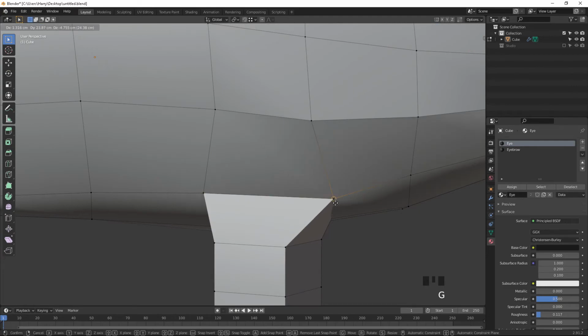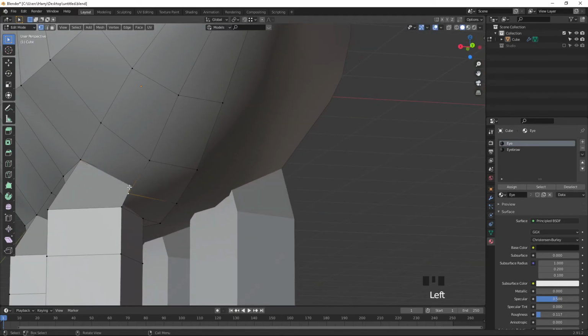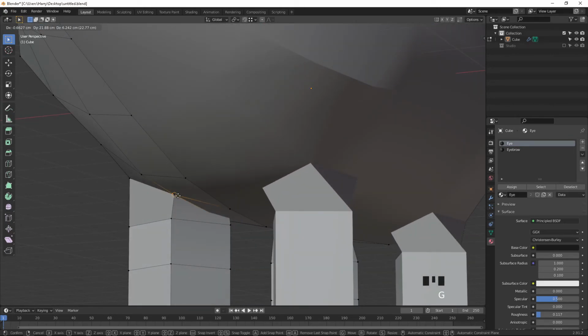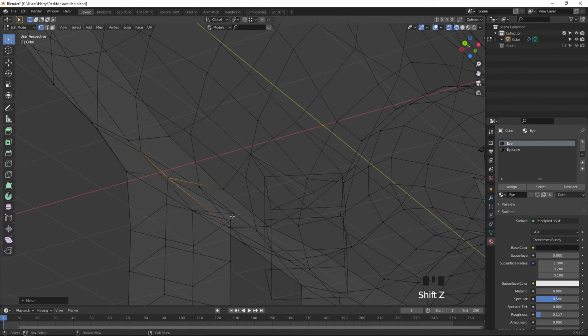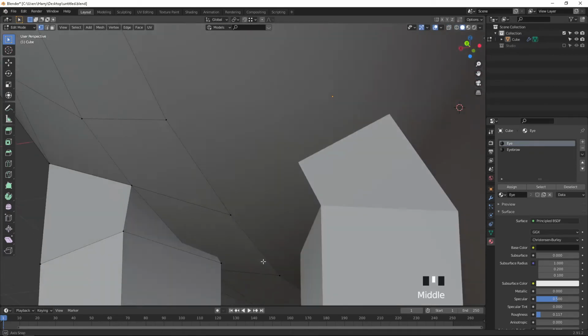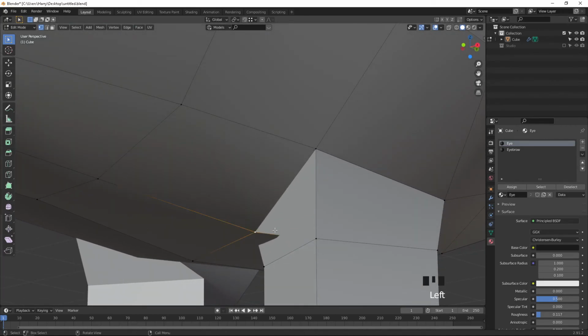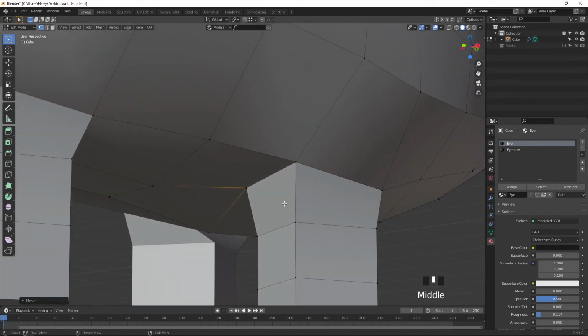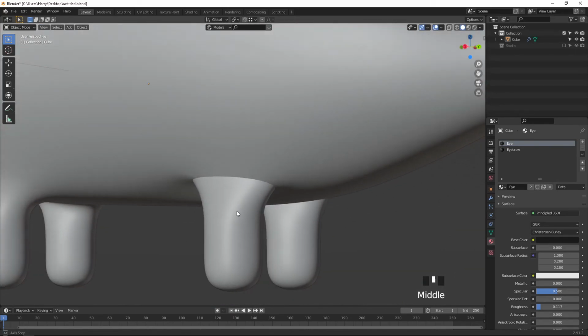Press G to move, control here, and select this. G to move, use the control key to move like this. Shift Z to select this one, and not that one. Here is the thing, G to move and use the control key like this. So now it looks like this.